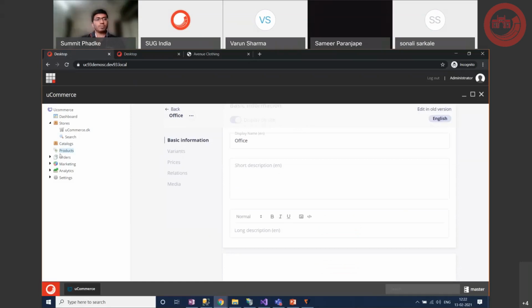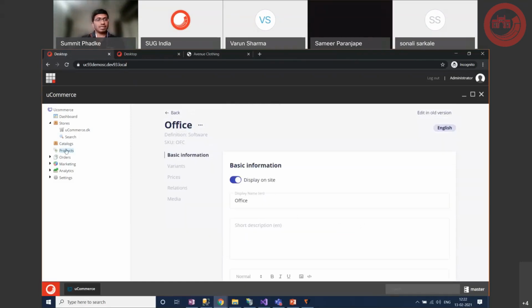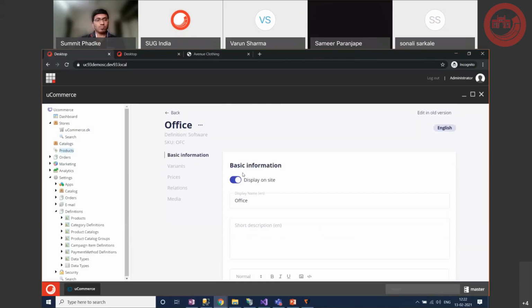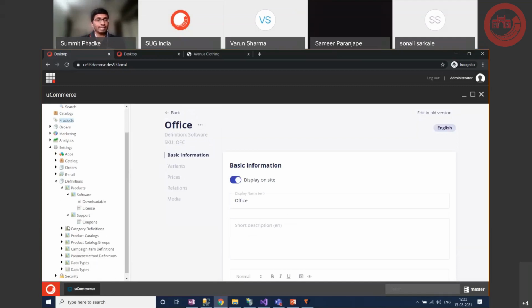Okay, since we are talking about the products, I am going to jump to the settings for now. So I was talking about the product definitions earlier, right? So in here, if you look, these are the product definitions that they have. Like for example, in here they have these products, and if you see, they have these two product definitions, right? And in here, as I told you, we can have the attributes that are specific to the product.